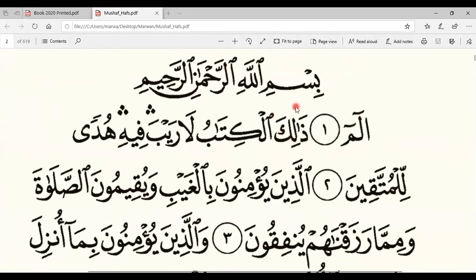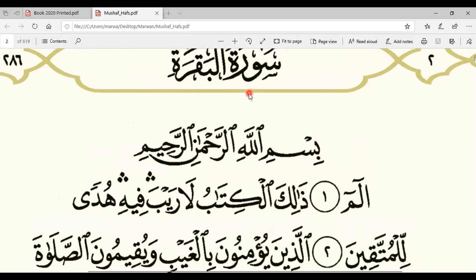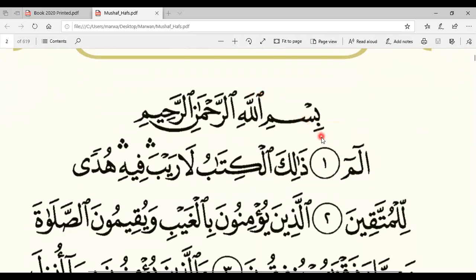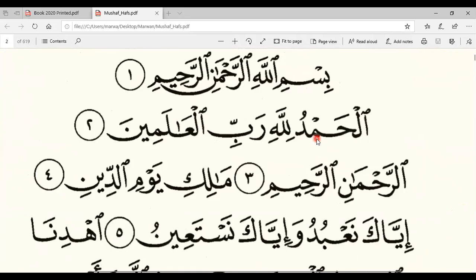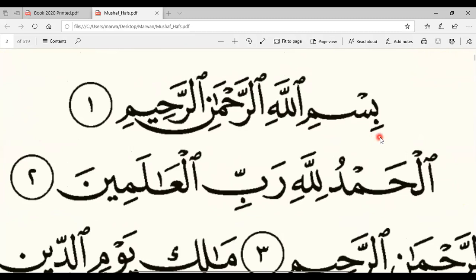So let's start from right to left. This is, by the way, Surah Al-Baqarah, the beginning of Surah Al-Baqarah. How about we start with Surah Al-Fatiha? Let's start with Surah Al-Fatiha so that this is the first time you're reading Surah Al-Fatiha. Bismillahi. Okay, let's stop here also and talk about Allah for a little bit, even though I will talk about